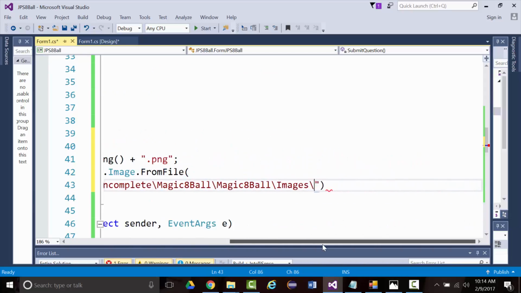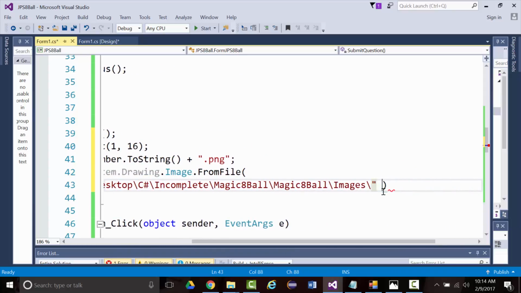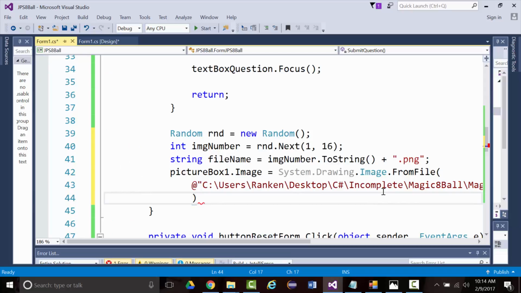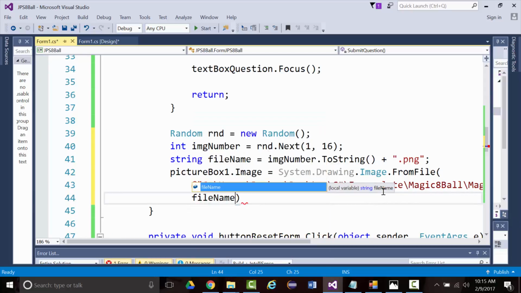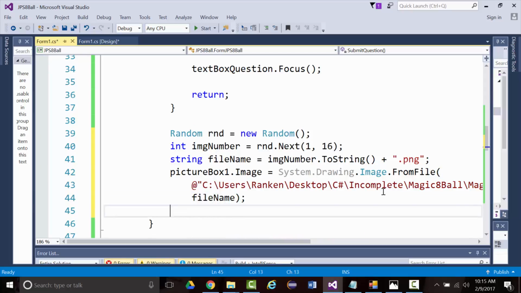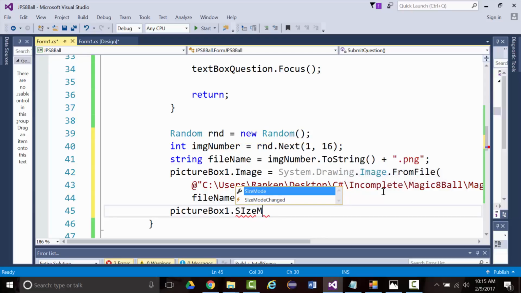All right, so that's that path plus file name. And let me shrink this down so that you can all see it. I want to put in one more line of code, then I'll shrink it down and we'll talk about what it is. Oops. PictureBox1.SizeMode equal